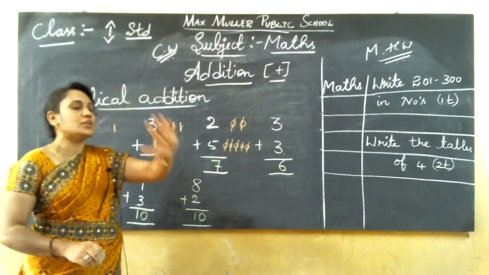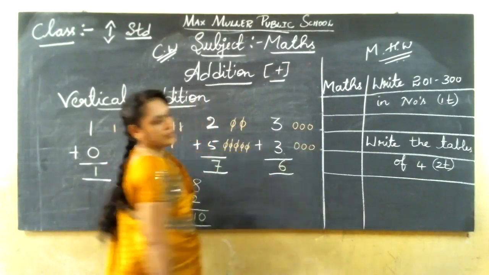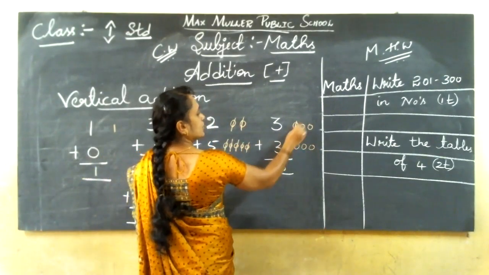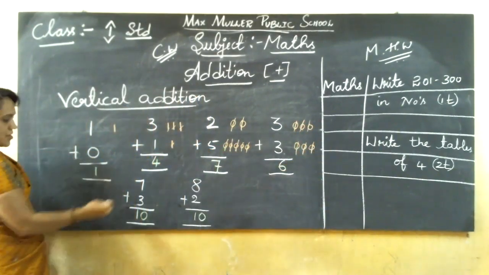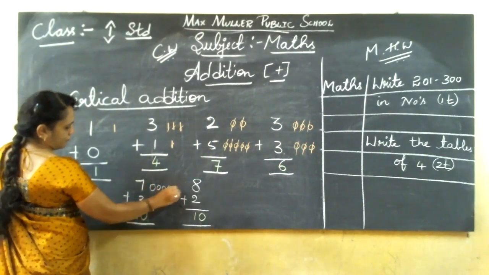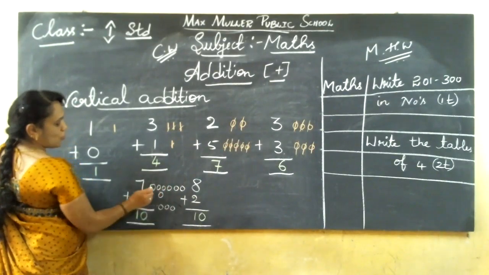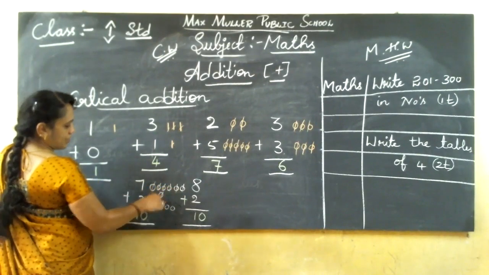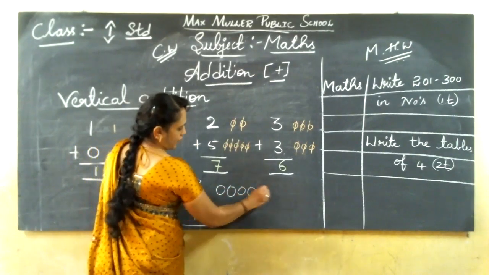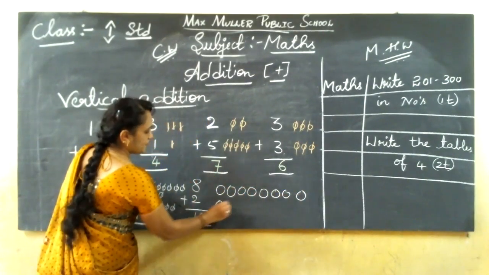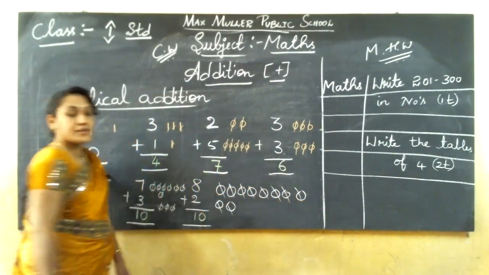Otherwise, keep it in the mind and finger. That also you can do. That method also: 3, here 3, here also 3 is there. Count now: 1, 2, 3, 4, 5, 6. Understand? Next. 7, then 4, 5, 6, 7. Here 3: 1, 2, 3. Count now: 1 to 10. Here also 8, then 4, 5, 6, 7, 8. Here 2: 9, 10. Understand how to do addition?